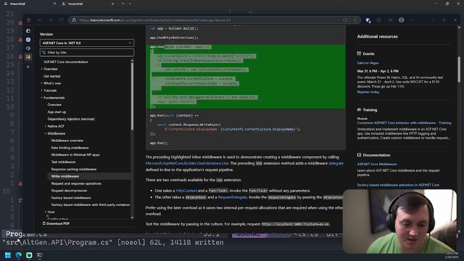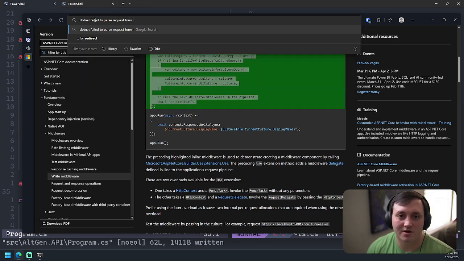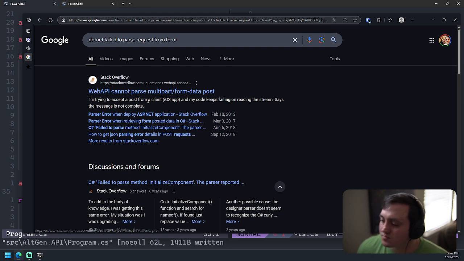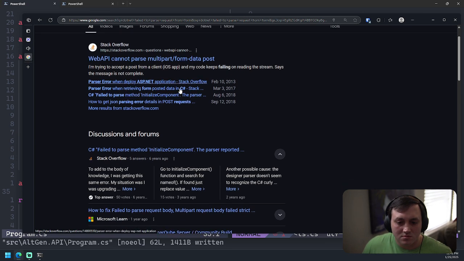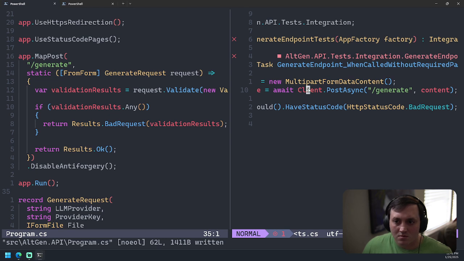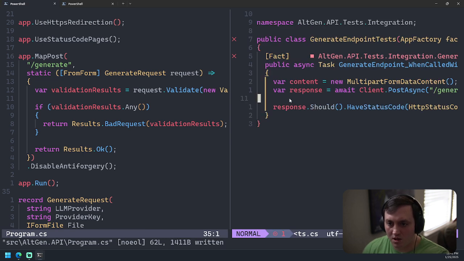Failed to parse requests from form. Let's see, space DT, space TR.